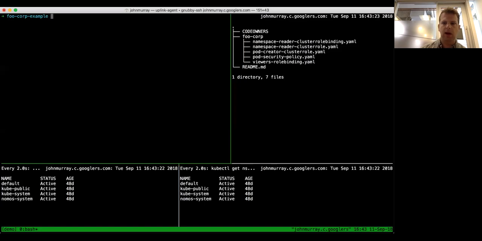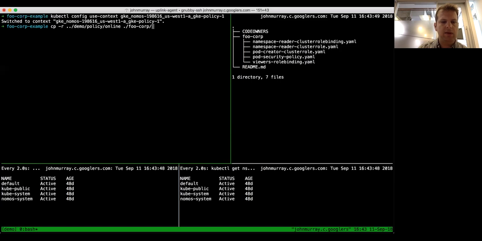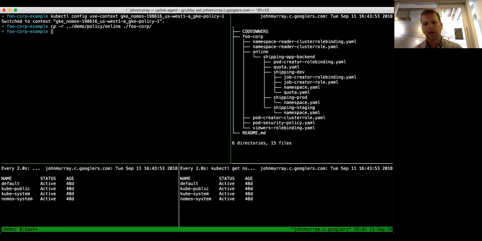So there's only a couple of basic roles and role bindings that apply across the cluster. I don't have any namespaces set up. I don't have any tenants on my cluster yet. So what we can do is get that working. I'm going to switch my kubectl context to the cluster I have in the bottom left there. And then I'm going to copy over some policy definitions that I've got sitting in another directory just to get us started. So what that's going to do is create a bunch of namespaces for